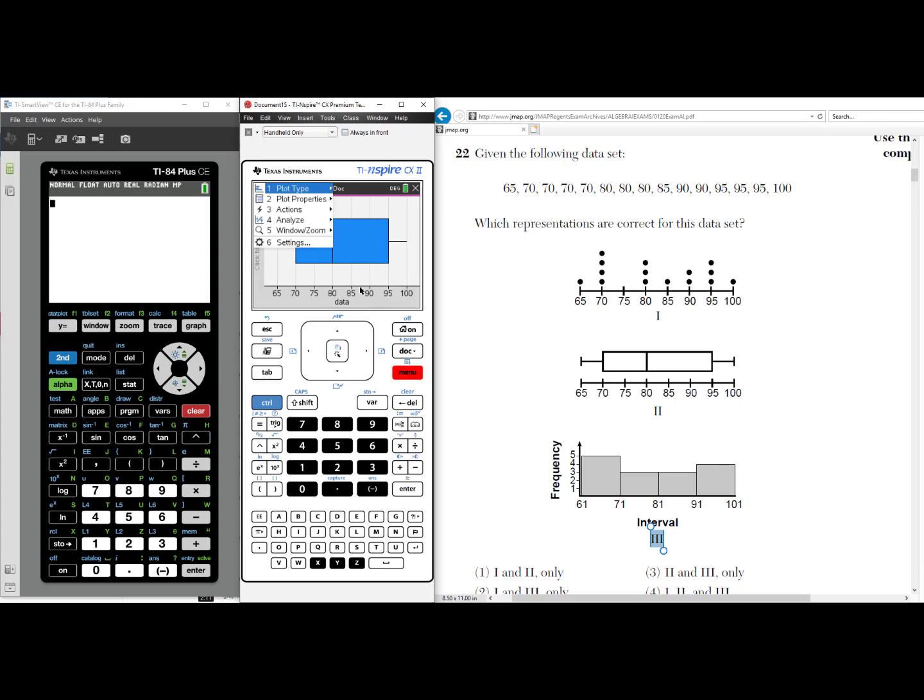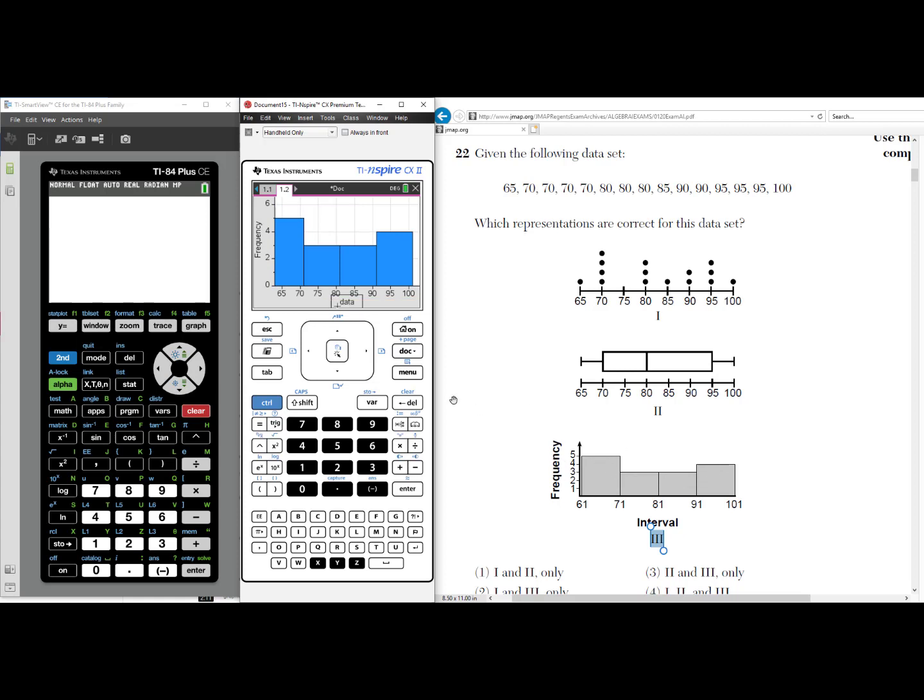I'll go to menu. I'll choose number 1, plot type. I'll choose histogram. Now it looks a little different, but we can go to menu, choose plot properties, histogram properties, bin settings, and choose number 1, equal bin width. The width is 10, and the starting value is at 61. When I select OK, I can grab and move and see that my data has 5 in the first column,